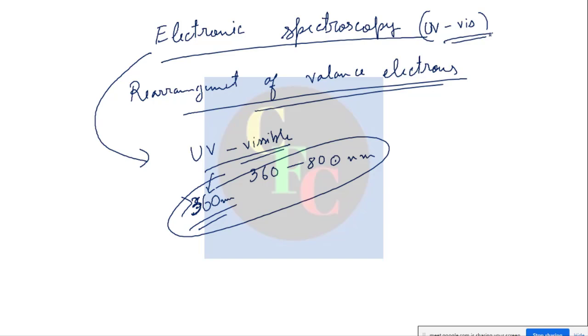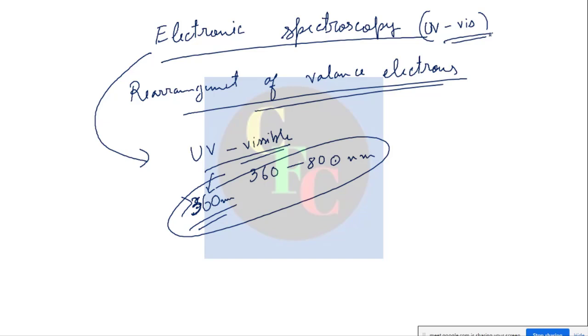Now, see the example we saw of copper sulfate. You can say that is actually visible spectroscopy, because you are discerning the color and getting the information. But it is not only color spectroscopy. If the electronic transition occurs in the UV region, you will not see color. Suppose a compound absorbs in the UV region, if the energy gap is large, you will not see the color, but you will still call it UV spectroscopy, right?